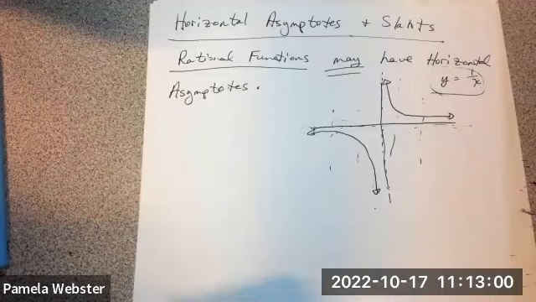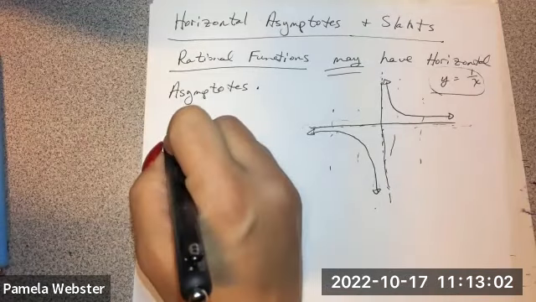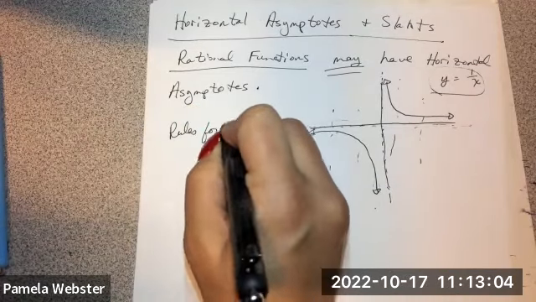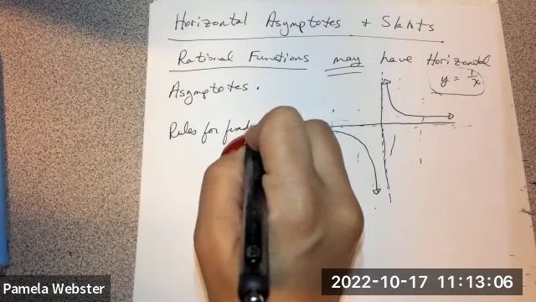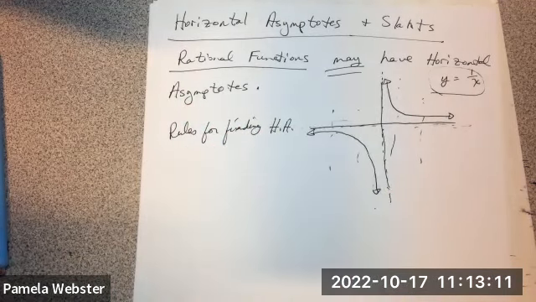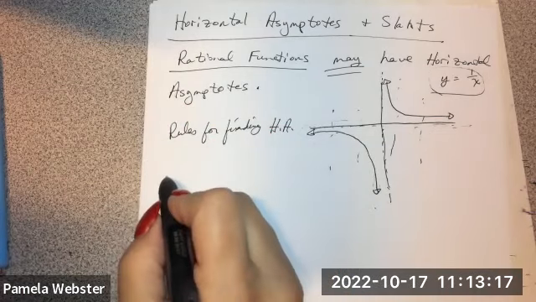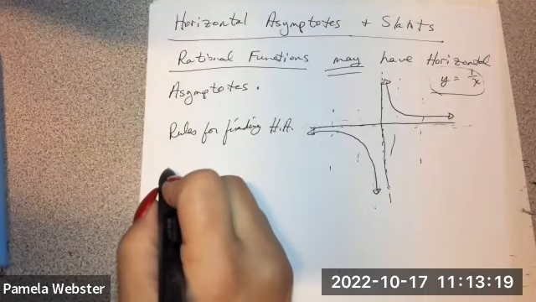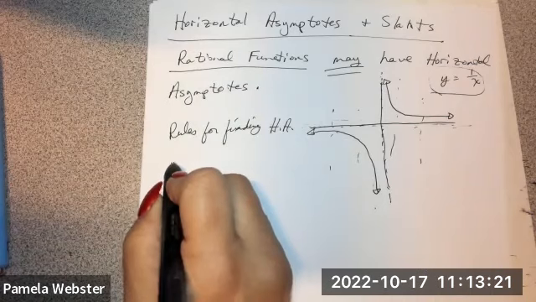The answer is there's actually rules for that. So, rules for finding horizontal asymptote. And again, I'm going to abbreviate HA. Everybody's welcome to abbreviate and kind of cheat a little bit. All right, so here's what happens. There's three situations that happen whenever I have